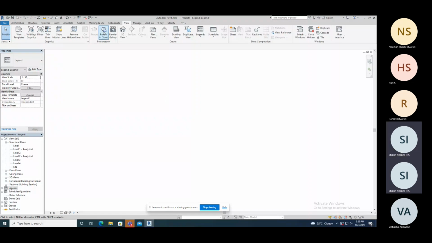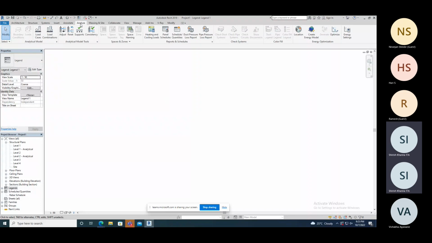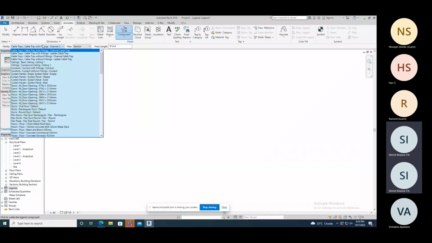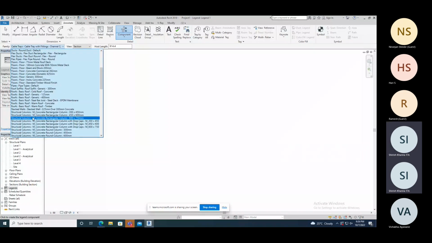You have to go to analyze. No, you have to go for annotate. In annotate, here we have the option component, legend component. So we can create the legend for the component. Legend component, and see, here we have multiple options for door, window, duct. Okay, for structural column, you want to place it high,